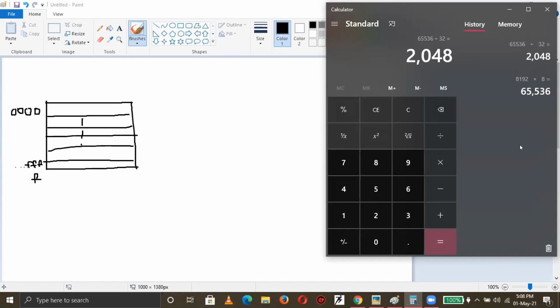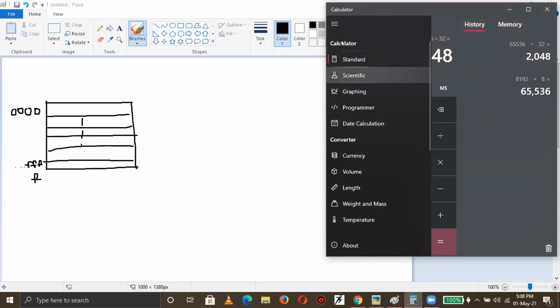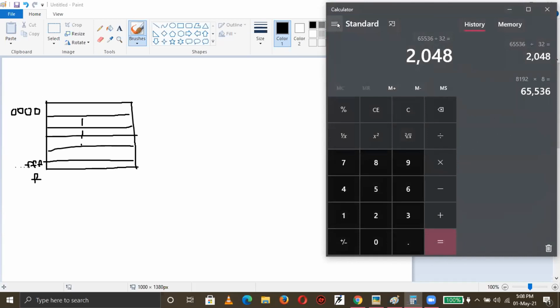Now I want you guys to tell me what is the hex equivalent of 2048, in 0x with all 8 digits. Can somebody quickly tell me? 800.